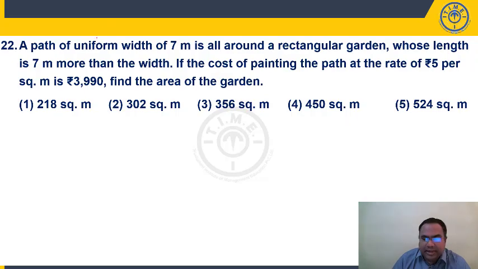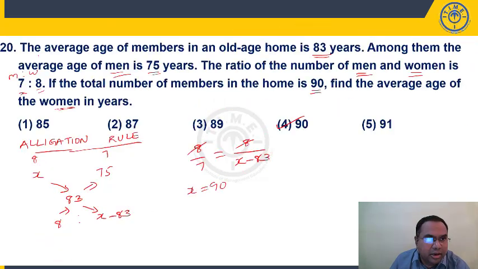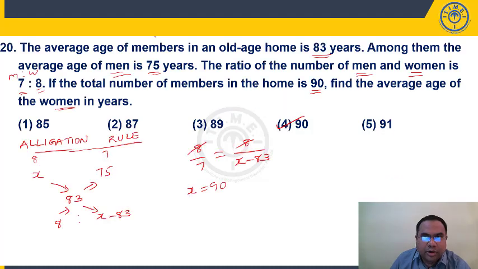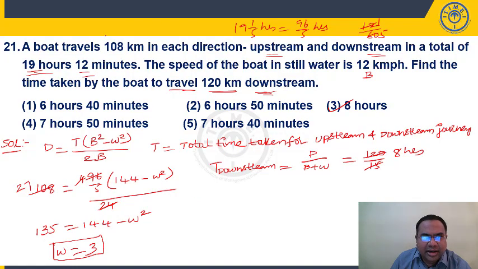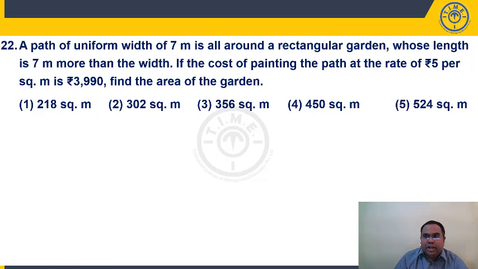Question number 22. It is based on mensuration. Okay, let me tell you one point here. 19th question I told you it is moderate. Okay. Look at 20th question. I can say it is easy to moderate. If you know alligation rule, you can easily apply. Question number 21 can be classified as easy if you know the formula. 22, yes, I can say it's not moderate, but it is easy to moderate. This kind of questions you might have done. Why I am classifying it as easy to moderate instead of easy is there is an equation you have to simplify. So little calculations involved. It is not even moderate, between easy and moderate, right?